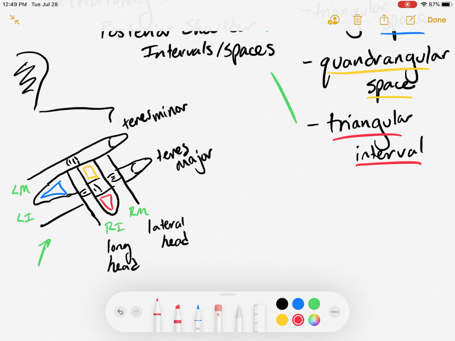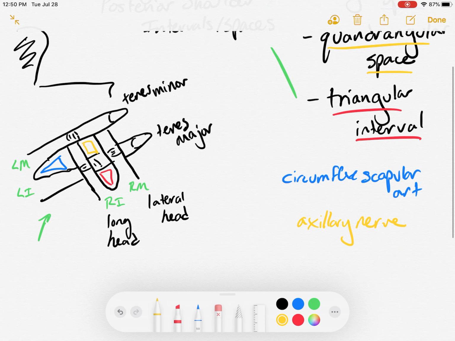For the contents of each space, I will just list them here in the different colors because the fingers really help us to remember the borders, the two teres muscles with our left hand and the two heads of triceps with our right hand. But the contents for the triangular space is just the one, the circumflex scapular artery. The contents of the quadrangular space, we have first the axillary nerve, and then the